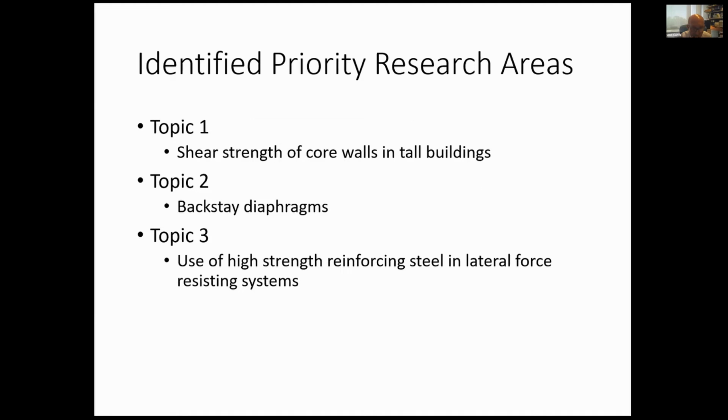So we had an excellent session with most participants giving input to their research needs. And following the recommendation, we look at 3 potential topics. One is the shear strength of core walls in tall buildings. The second one is on backstay diaphragms. And the third one is on the use of high strength reinforcing steel in lateral force resisting systems as longitudinal reinforcement. So if we go to the summary,